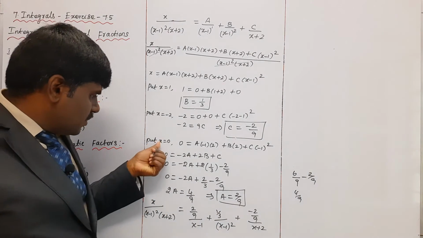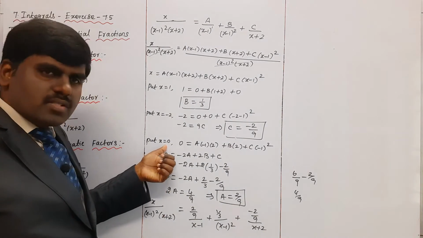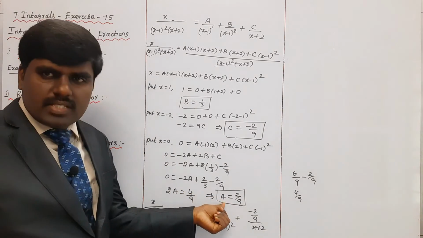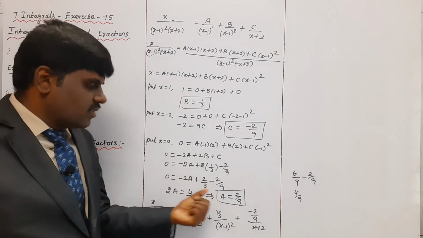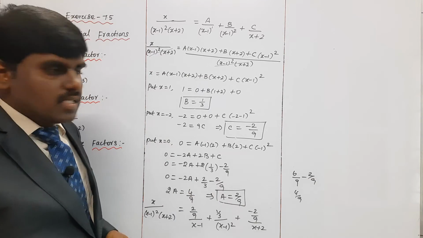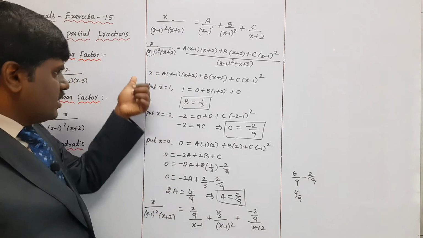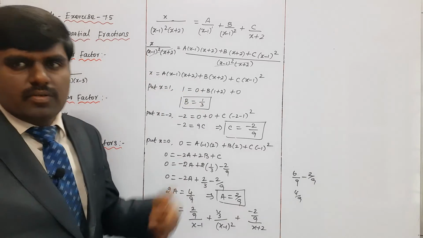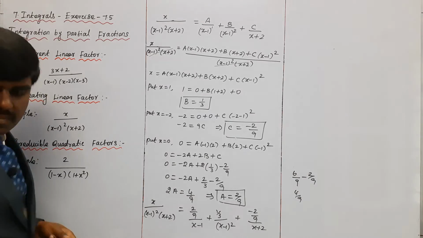So here put x is equal to 0, I find out the value of a. Otherwise, if you put x is equal to minus 1, no problem, you find out the same value of a. Here put x is equal to 2 also, you could substitute and find out the value. So better you apply the small value. Okay, next, another way: otherwise you take the coefficient method. Coefficient of x squared, coefficient of x also you can utilize. So in the next third problem, I will utilize the coefficient method also.